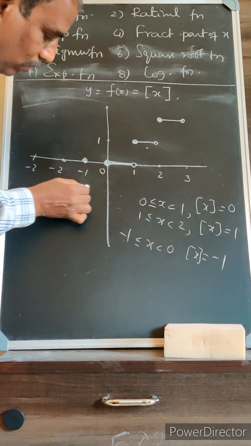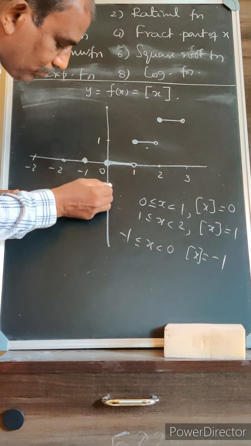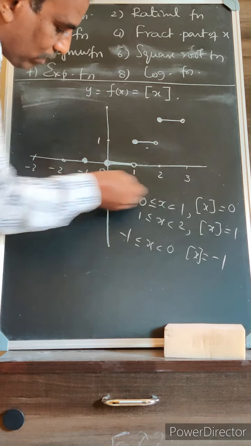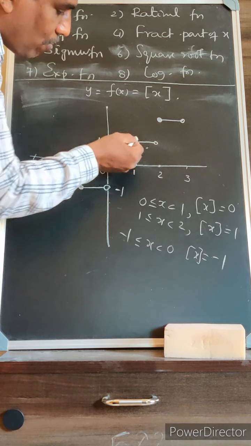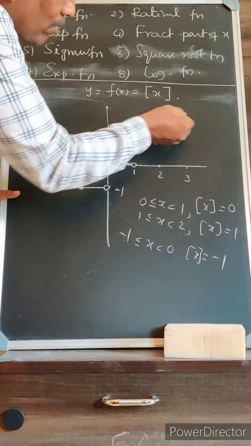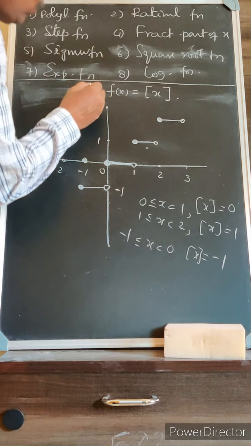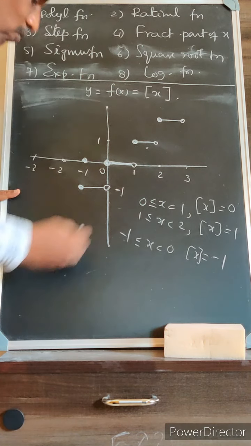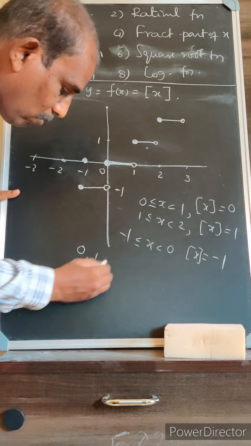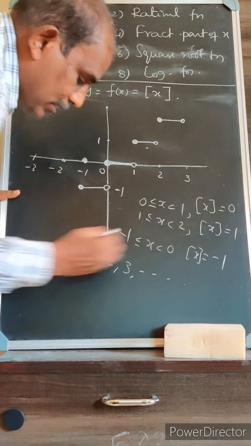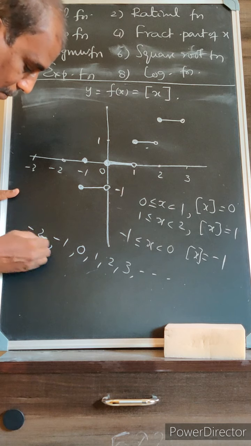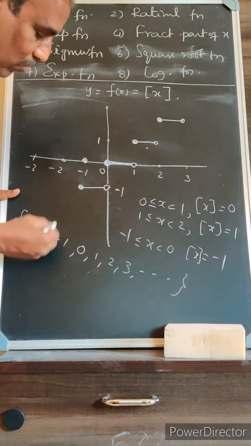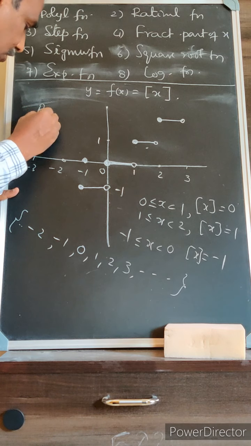So it goes like this. y value equal to minus 1. y value equal to 0. y value is plus 1. y value is plus 2. You can say the integral part of x is an integer. That means y values can be 0, 1, 2, 3, etc., or minus 1, minus 2, etc. So the range of the function is the set of all